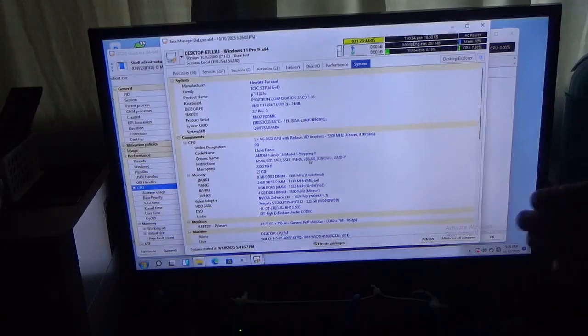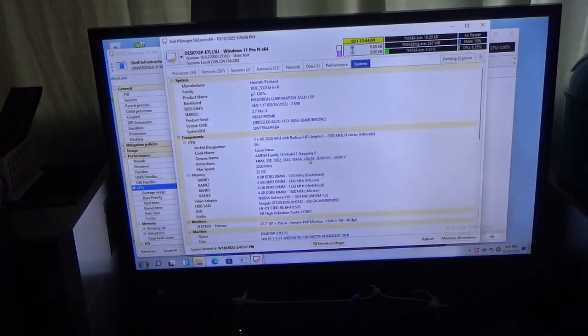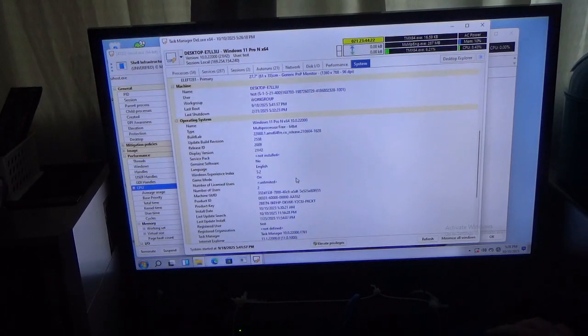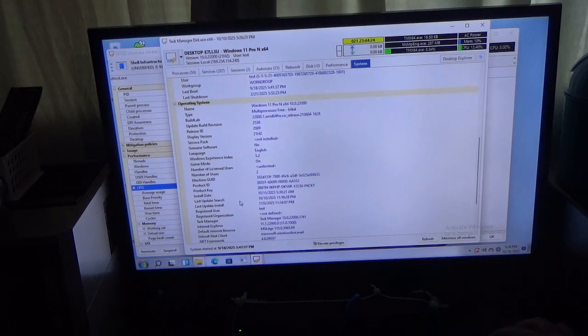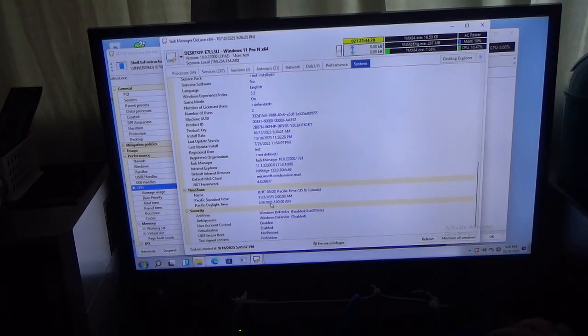So basically, this task manager has its own CPU-Z in it, which is very good. The operating system is here, and it's multiprocessor free. I'm running a 64-bit type, and it gives you all the stuff. It tells you the task manager, time and space, and the security.